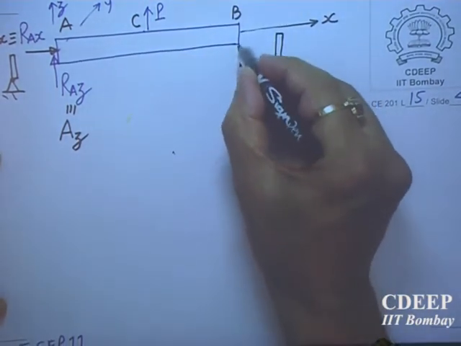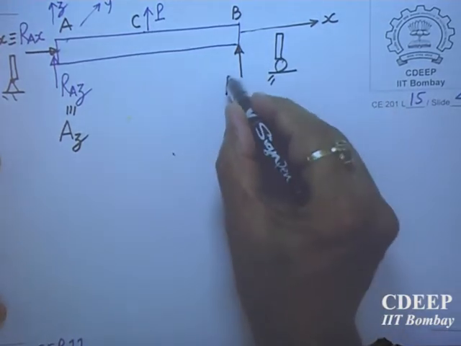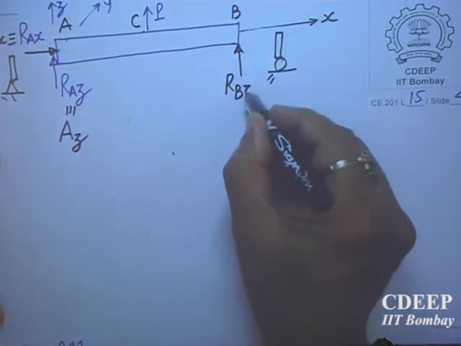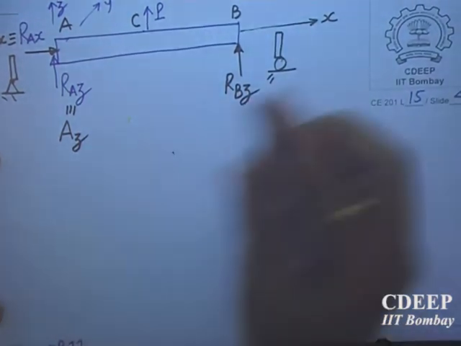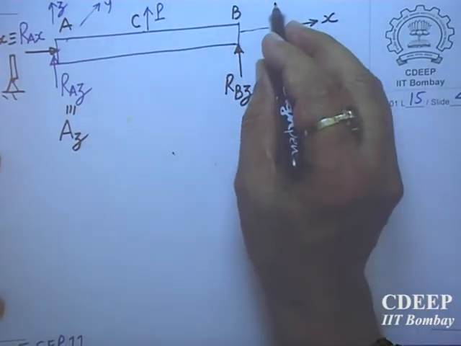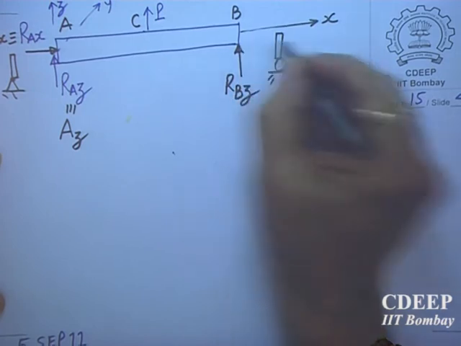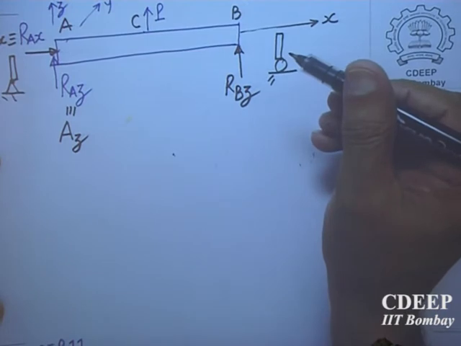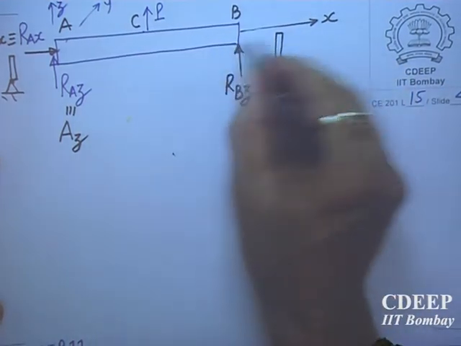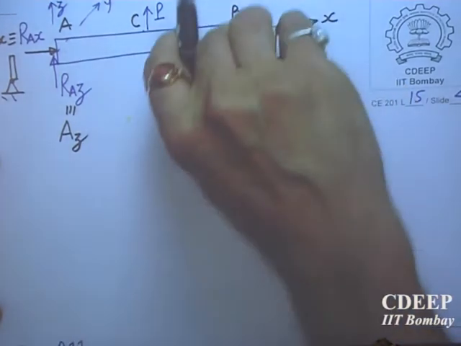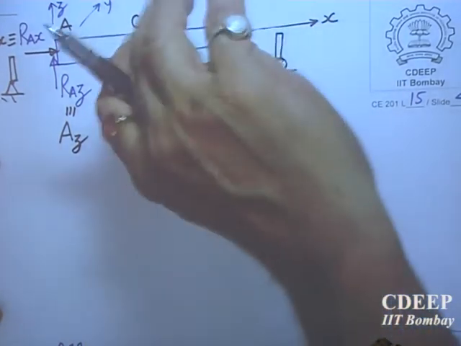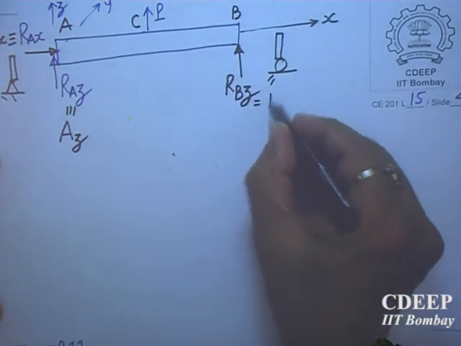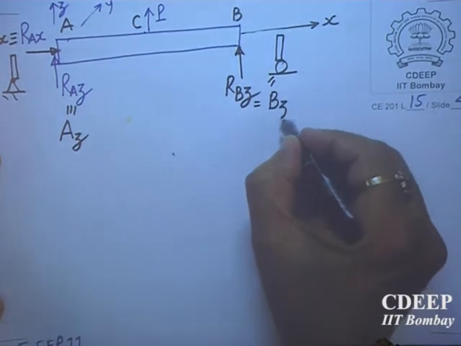Similarly, now this point is not to move in Z direction. So there must be a reaction at B, in direction Z. Again, this point is not constrained, this is a roller. Roller means it is free to move in X direction. Since it is free to move in X direction, no reaction. Again, it is free to rotate about this point, so no moment. So only one reaction will be there. Either you call this BZ, or B,Z.